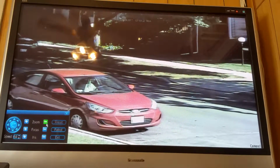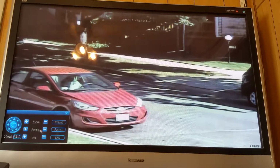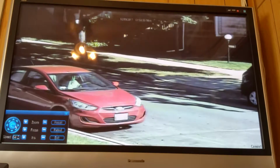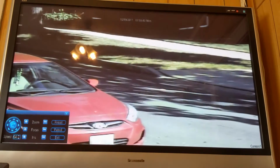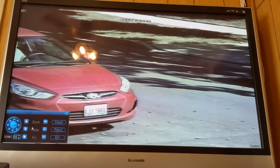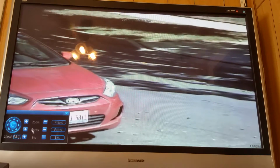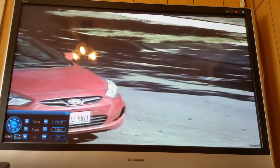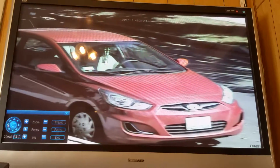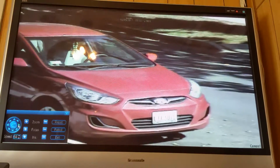Let's see. Focus. This is not showing me. Let's zoom up a little farther. Okay. That plate number is... had to zoom up a little more, huh? L33. Let's move it over some. It's because of the sun, it makes it a little bit more difficult. But you get to see how it works, and you saw how I got to these settings. It's L33